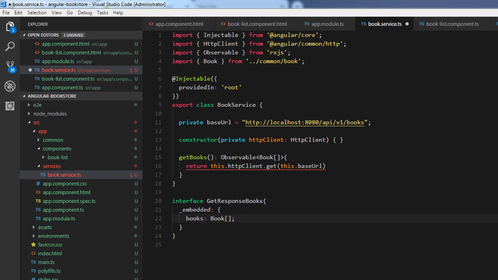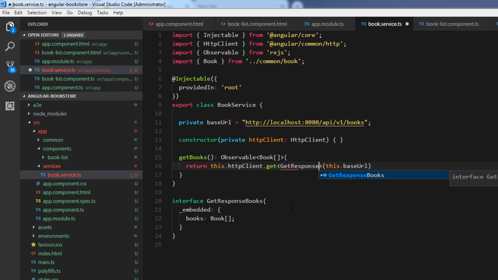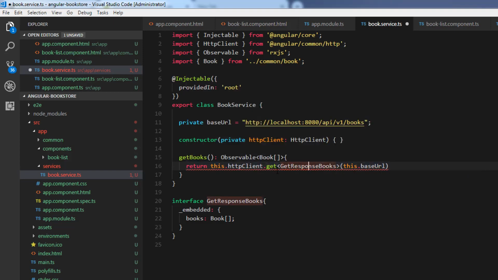So now we got the interface. Let's add this interface to the get method. Within the angle brackets, let's specify the GetResponseBooks. When we issue a get request, we will get the response, and we map it to the GetResponseBooks. So now we need to convert this to a book array.